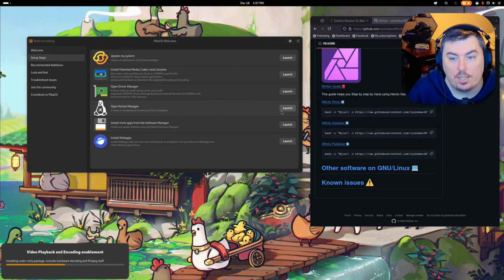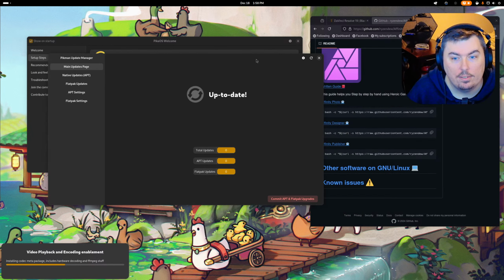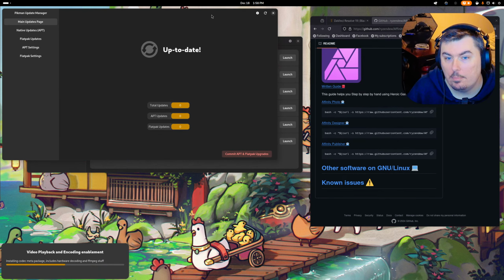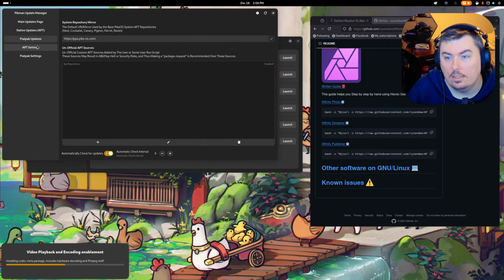Kernel managers here, that's good. Device manager, update system. Does this link now to this? It does, and we're up to date. One of my favorite updaters, by the way. I honestly think that other distros, even CachyOS, should switch to this model of updater. This is so cool. Look at this. It just does everything for you. This could clearly be switched to CachyOS's own thing.